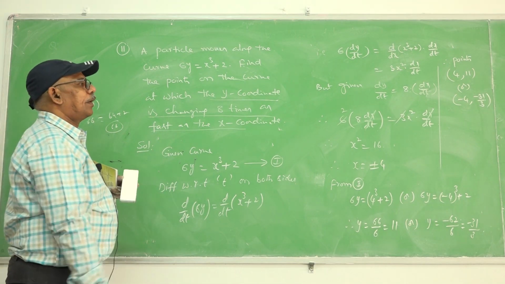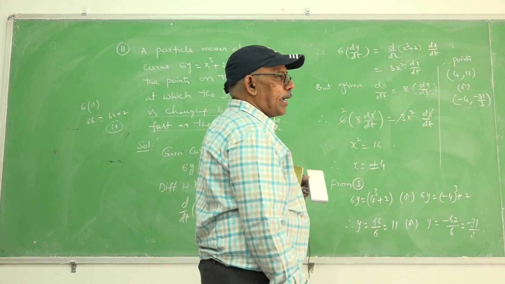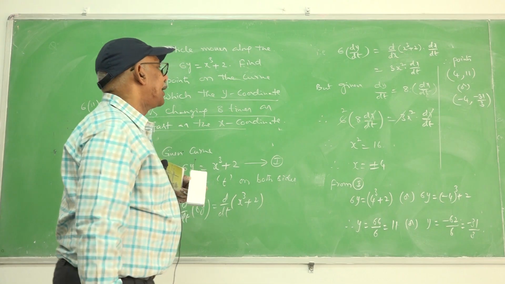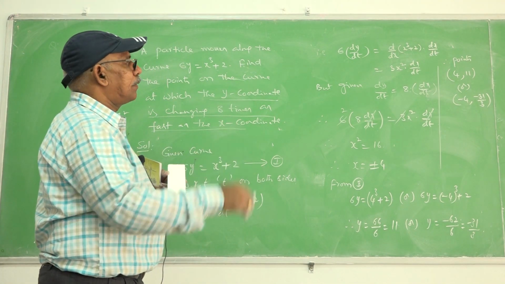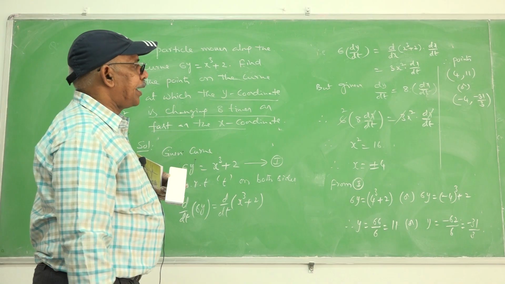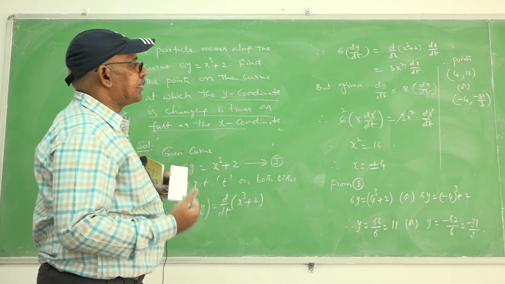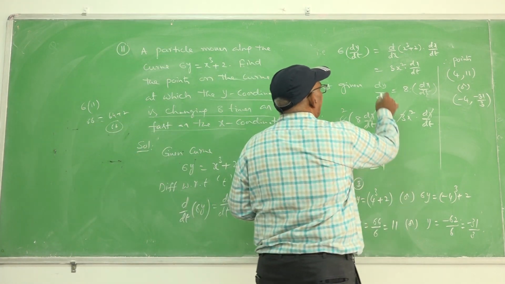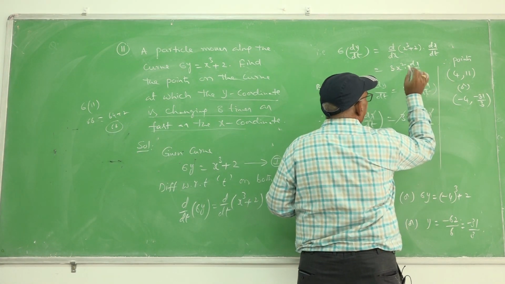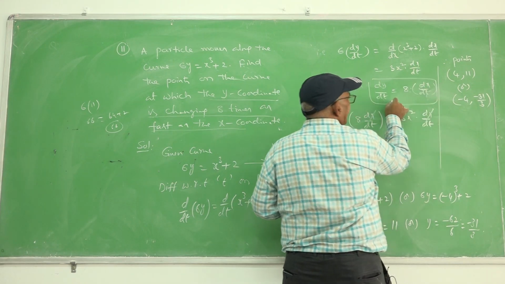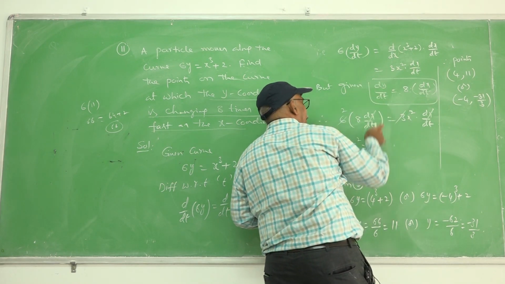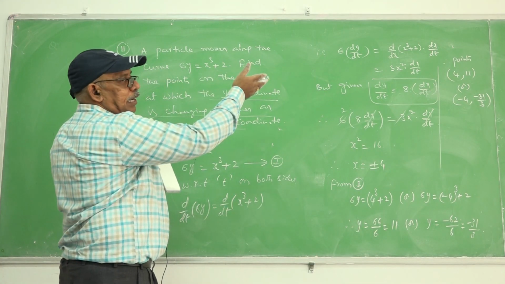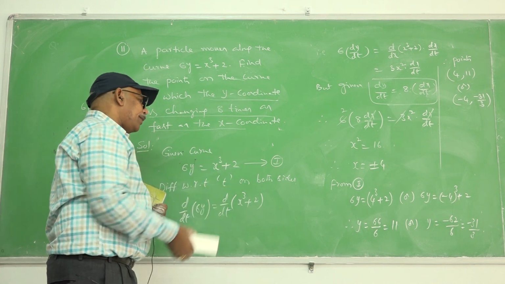At those particular points, the rate of change of y is 8 times the rate of change of x. The x coordinate and y coordinate change according to that relation. That's why I am taking dy by dt as 8 into dx by dt. This is given. With the help of this given relation, I am finding the x coordinate of that point where that relation follows. Similarly, the y coordinate.